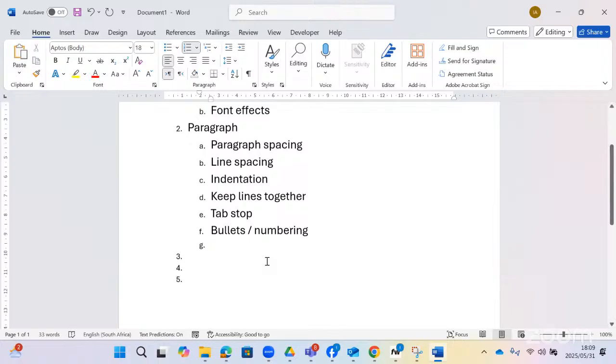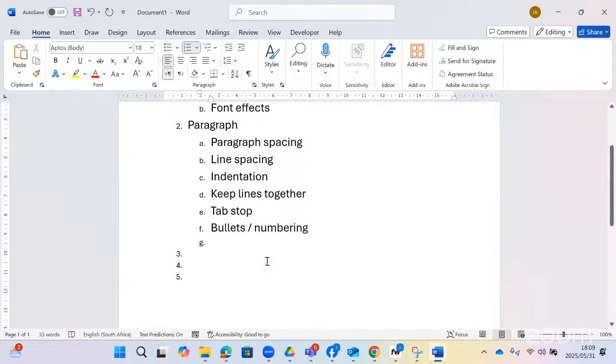Then you must also know multi-level list, and then styles, creating and modifying styles, find and replace,